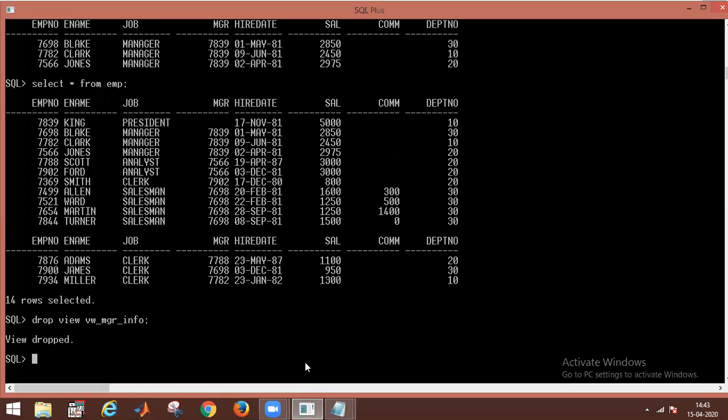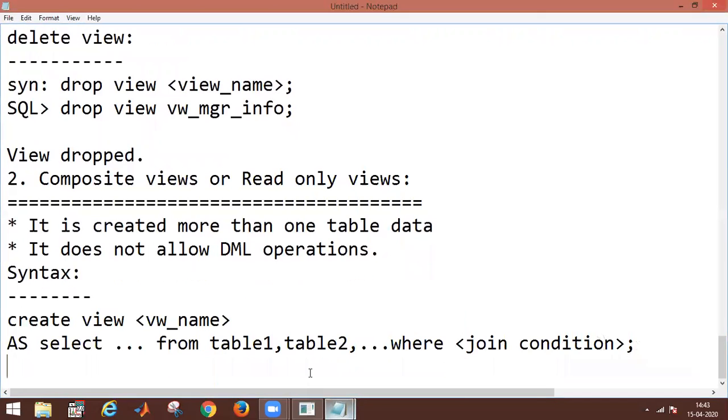Now I want to create the composite view. So the EMP table is there and the DEPT table is there. Now, using these tables, I am writing how we have to create it. That is the example I have taken. Write a query to maintain a view